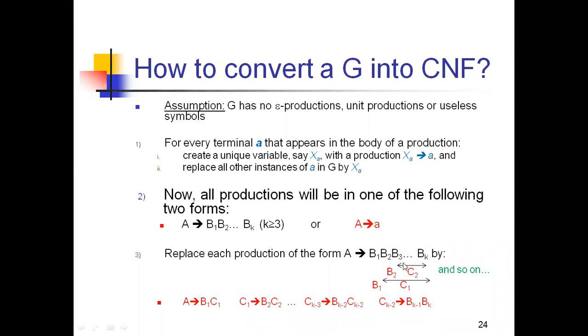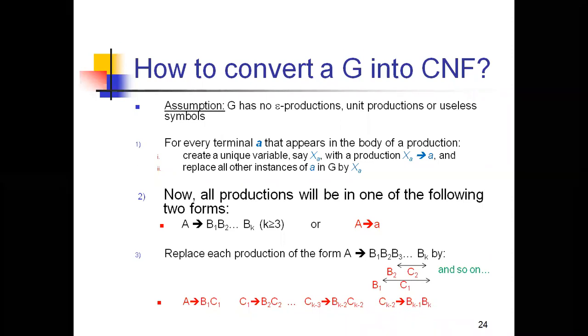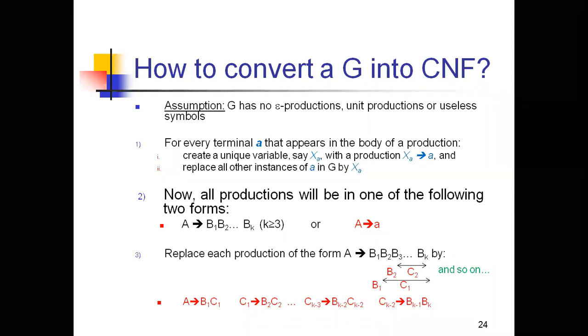I am making an assumption that b2 to bk becomes c1, and now this c1 becomes b2 and b3 to bk becomes c2. With the example it is very clear to you, just by seeing this you can't understand. With the example I will show you how to convert the grammar into CNF. But initially you need to know the theorem, the assumptions and the syntax of this. So that's why I'm explaining all this.